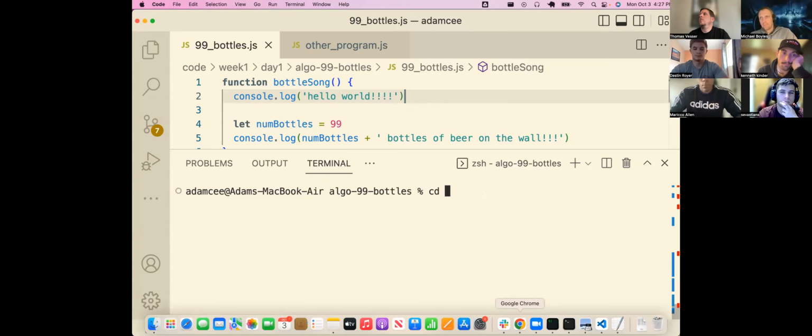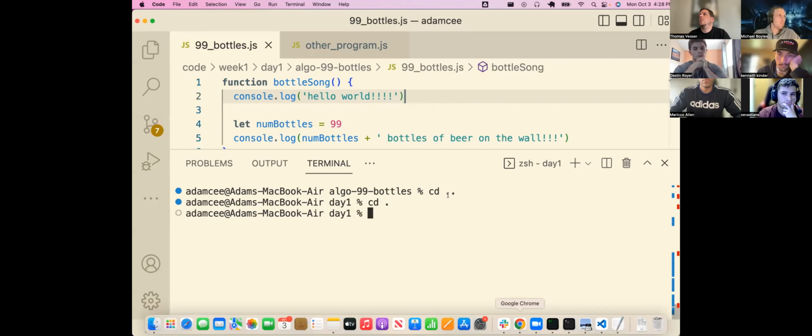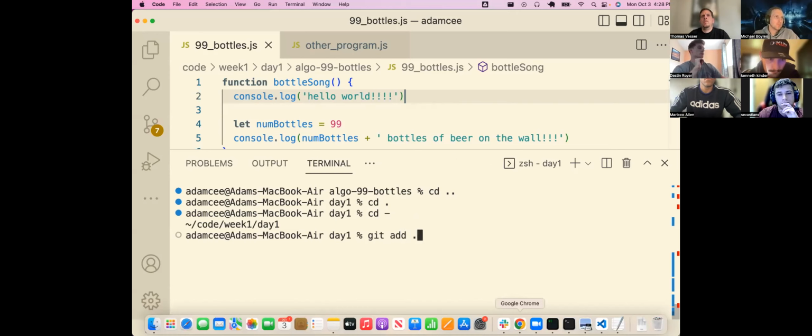I need to do a little reading to explain this properly, but with the change directory command, I briefly showed that two dots will move you back. If you do cd space dot, it just keeps you where you are. The dot symbol represents the current directory and two dots represents the previous directory. Just as a fun fact, if you do cd space dash, it takes you back to where you last were. So when I do git add dot, what I'm saying is git add everything in the current directory,